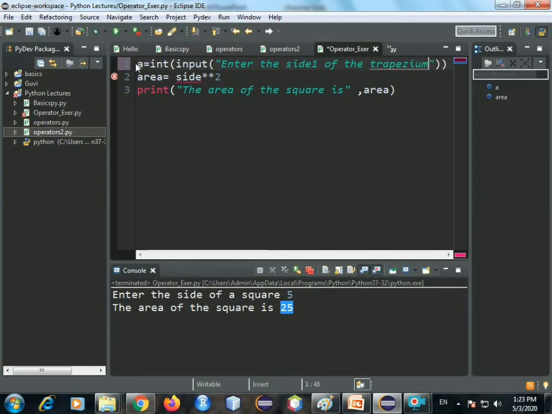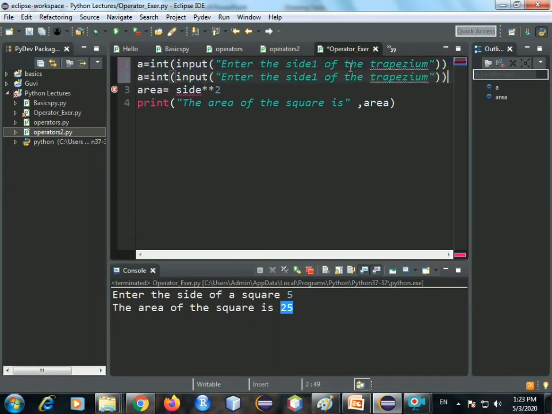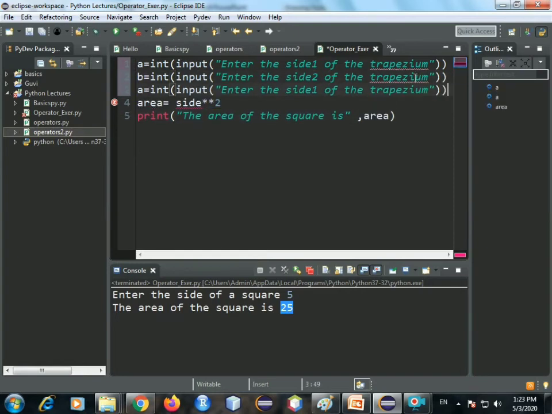Now let's take the other side B. Similarly, enter side 2, store that in B. Now let's take the height, let's store it in H, enter the height. Side 1, side 2, height. Now area will be what? A plus B, divided by 2 into H. Okay, this is what we want.